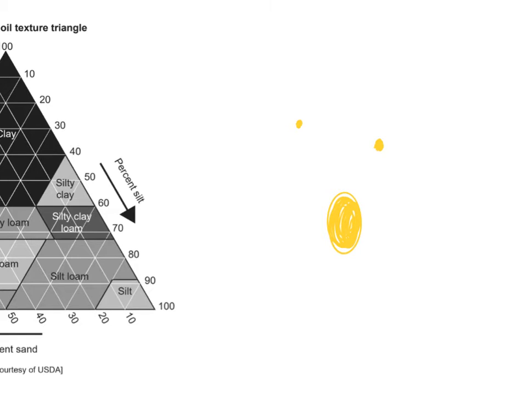So if you can picture it like this, if you have a lot of clay particles, they're all really small, okay? So you don't have a lot of air pockets. Clay soil is going to become waterlogged. It's going to hold too much water, okay? Silt is a little bit larger, so the air pockets between the mineral particles are a little bit larger, so you have more porosity and more permeability, so water can move